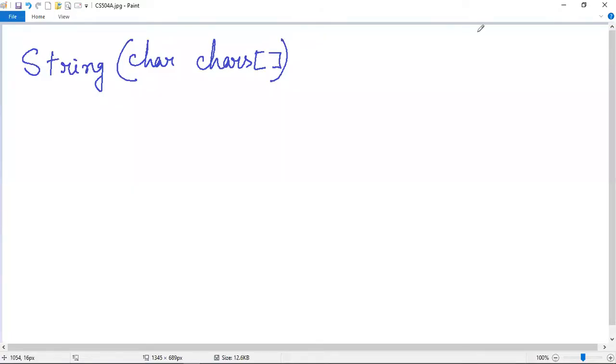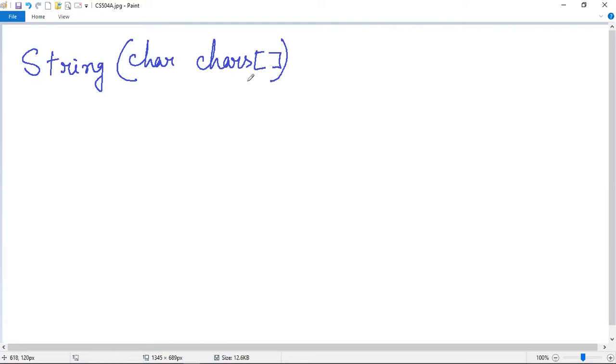Frequently you will want to create strings that have initial values. The String class provides a variety of constructors to handle this. To create a string initialized by an array of characters, you have to use this constructor. This is the syntax of the constructor that will create a string object initialized by an array of characters.